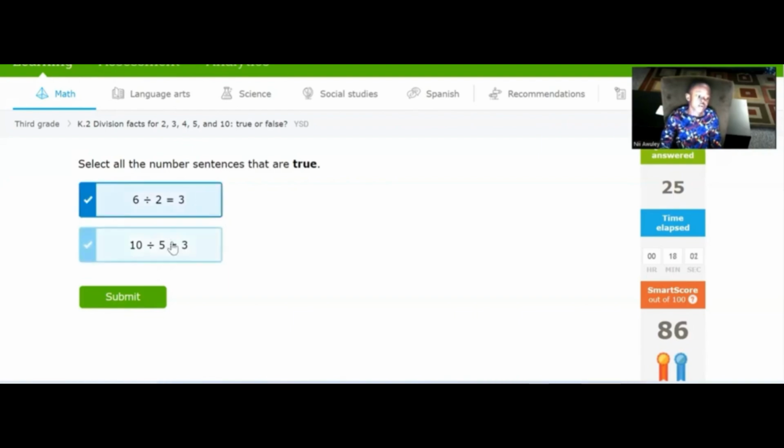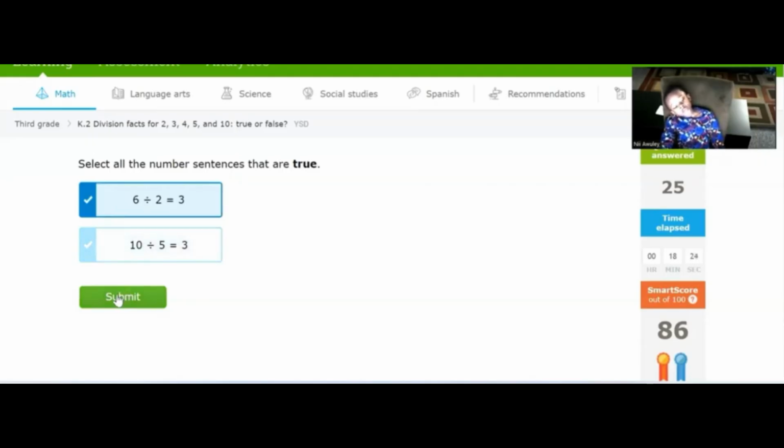This answer is correct because 2 times 3 is 6. 10 divided by 5 is 3. This answer is false because